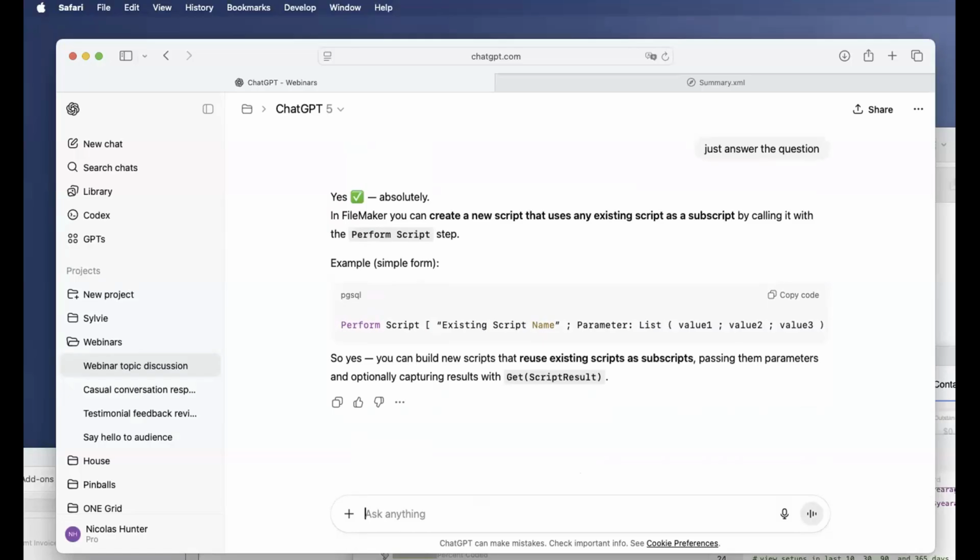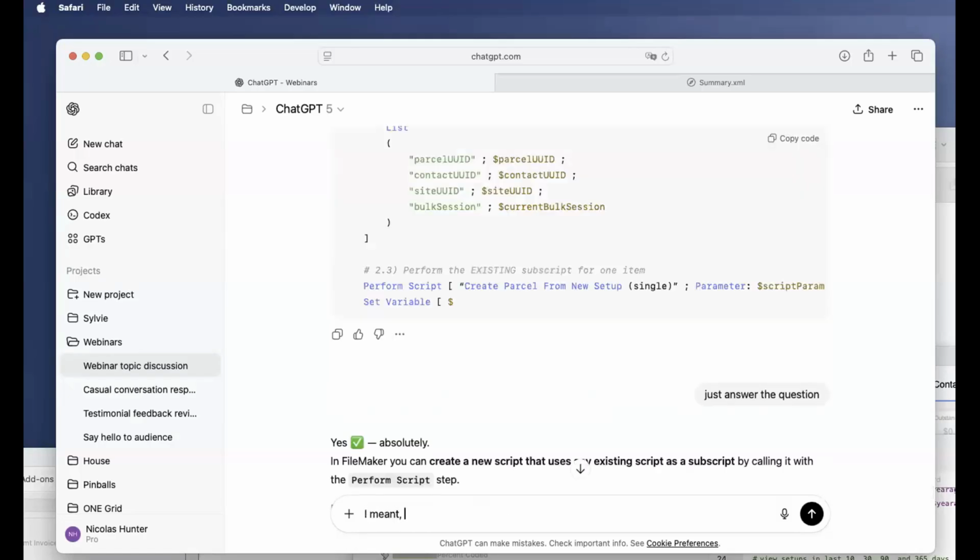I meant if you can create new scripts using already existing scripts as subscripts.